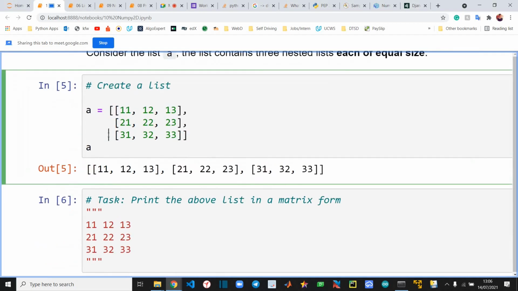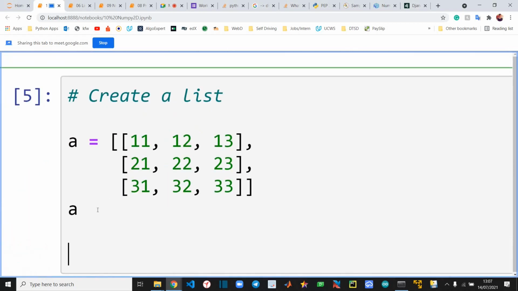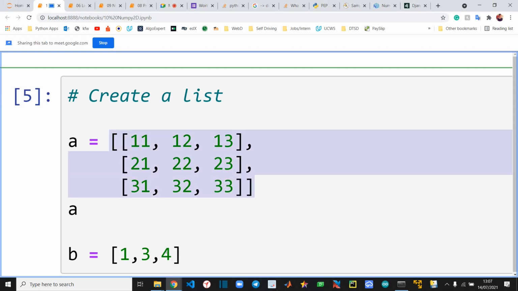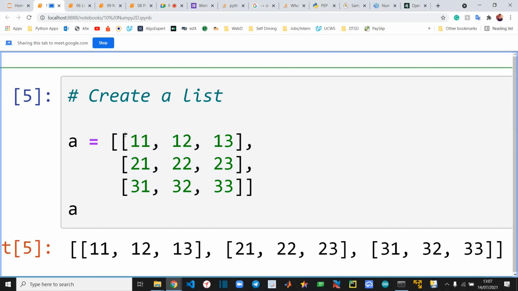Okay, so now how do we define 2D arrays? In the first case, what was it? It was something like this. This is a list. But if you want to define 2D, you will have to make a list of lists, and you have to be consistent with the dimensions. If you have three elements in the first list, all the rest should also have the same, because it has to be like n cross m dimensions. It should be consistent.